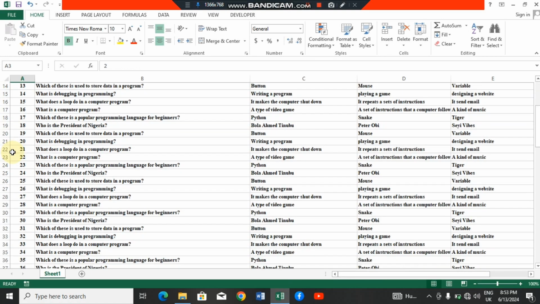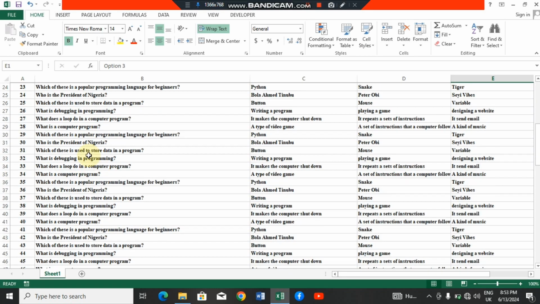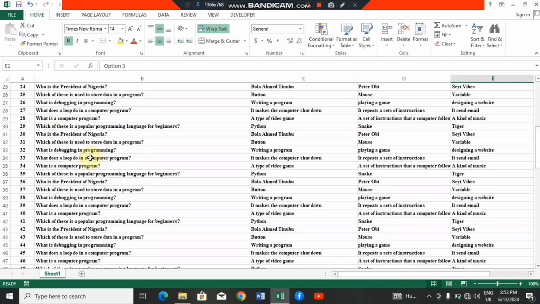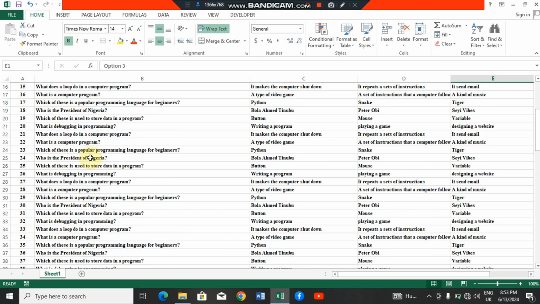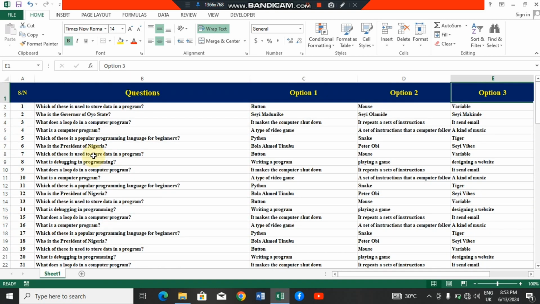When you are done, each teacher can pick a template based on the subject they want to set question on. Set this question, please do not alter anything. This one, and this one. Do not alter it. Just type in your question. You can have as many questions as you want because you'll be able to upload it to the software.